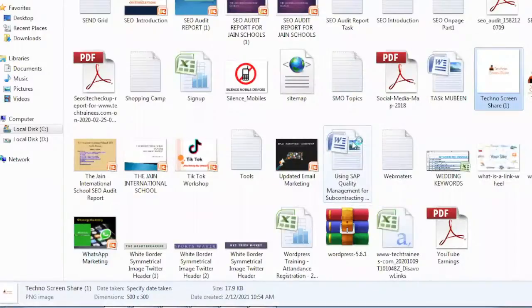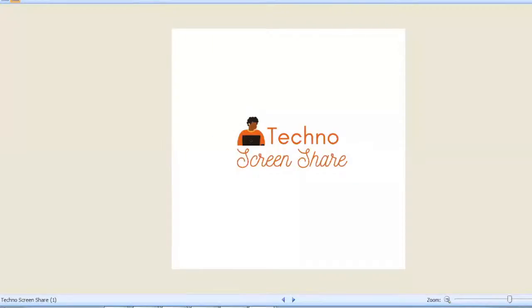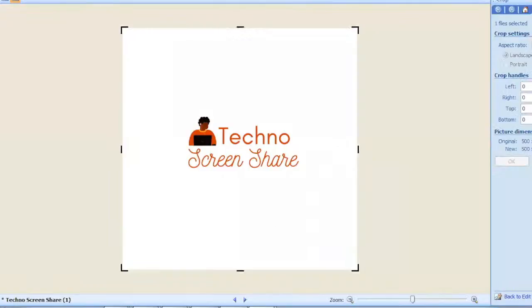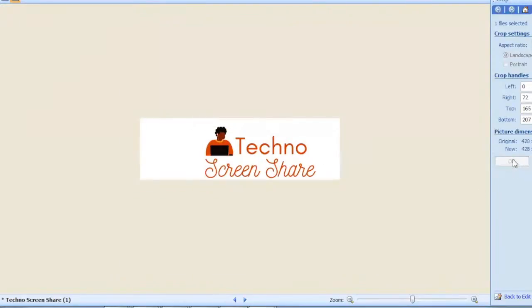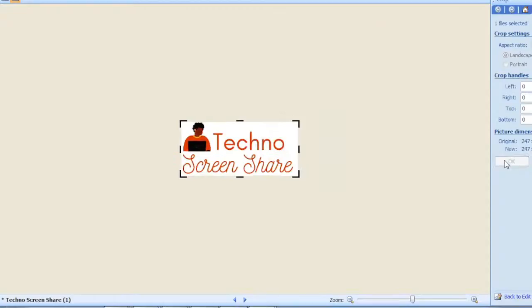Open with Microsoft Office Picture Manager. Click on autocorrect, then click on crop. Then click on save. Try with this one.